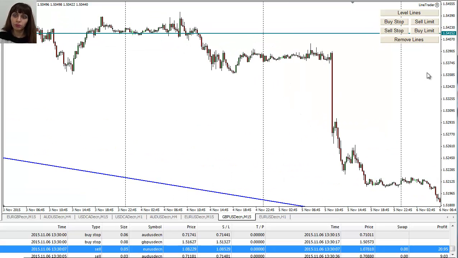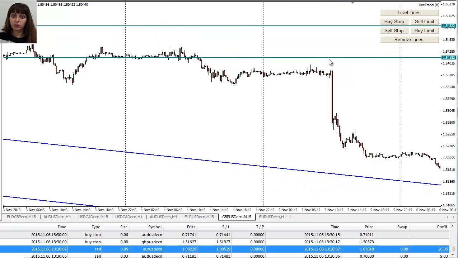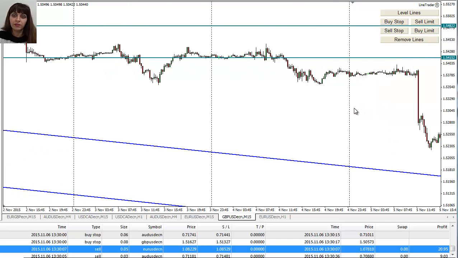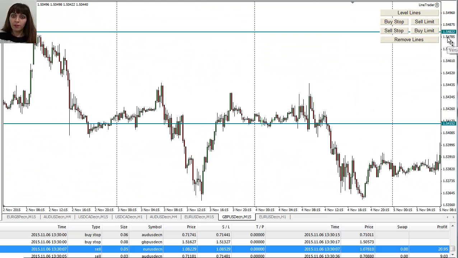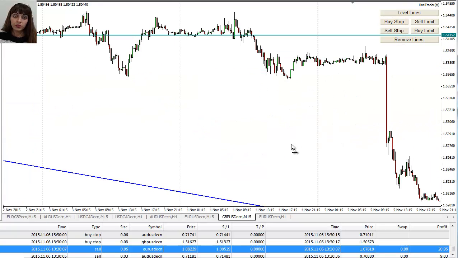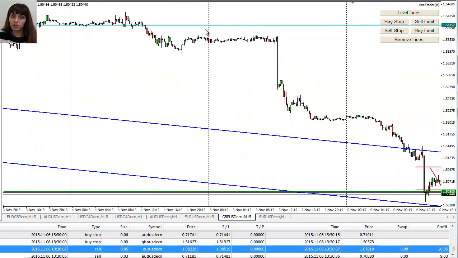Well, it depends what news there were for pound. If there were really strong news, as I'm saying, on the news you really need to be careful and take a bigger profit, like 20 pips or 30 pips, and then place a trailing stop, because it could be slippery and anything can happen. The price can jump, the market can jump. But you can see this was absolutely perfect